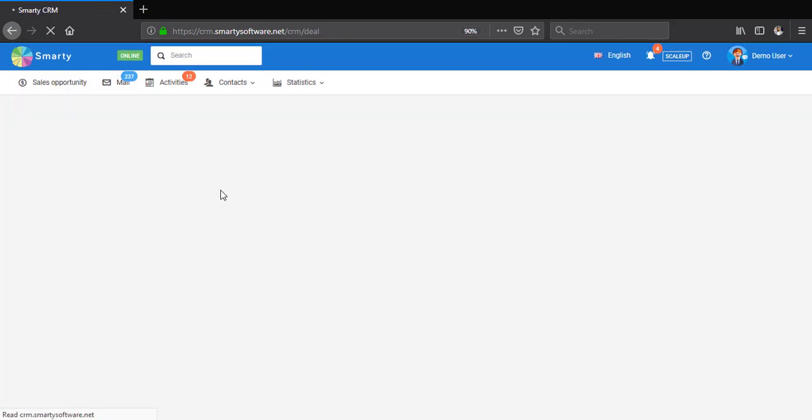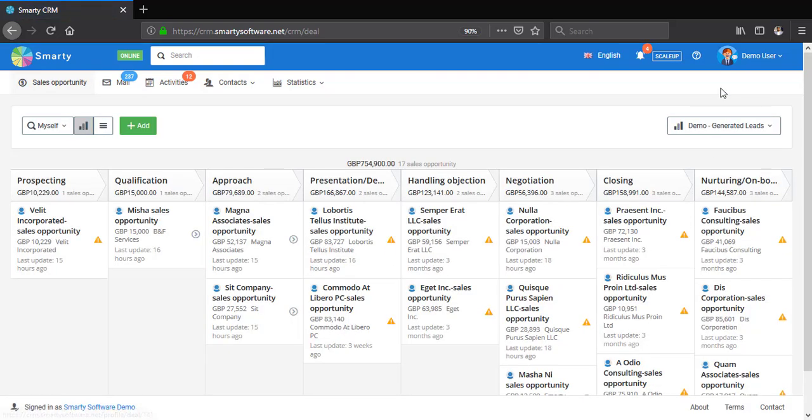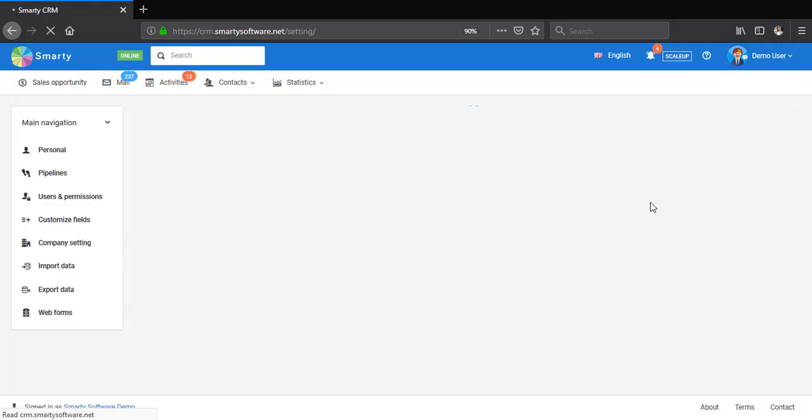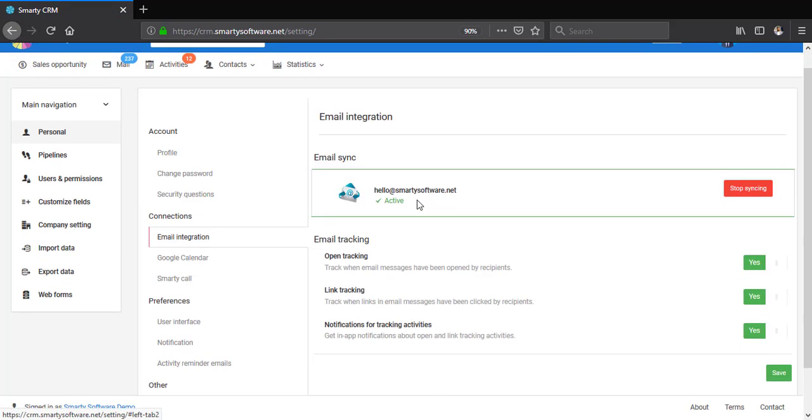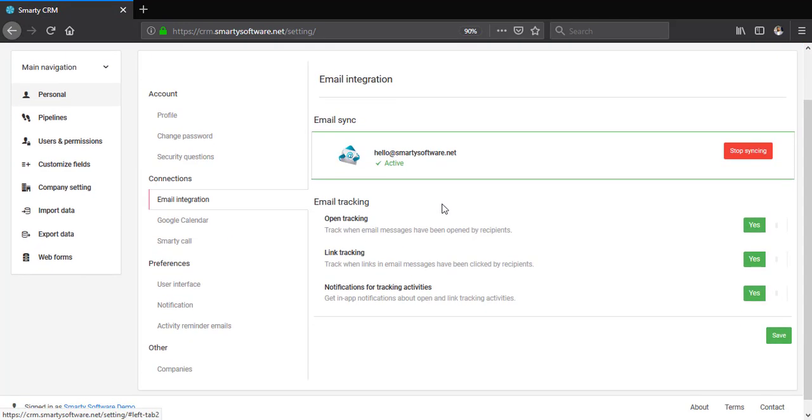So let's go back to our sales opportunity. And let's go to our account settings from here. So you can see, you can synchronize your email from our email integration section under the Connections tab. You can enable all of these features from here, so we can select the open tracking, link tracking, and notifications